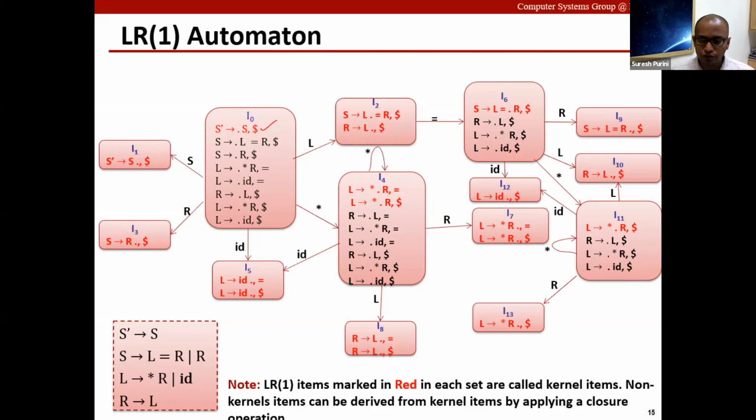That is true, the number of states in an LR1 automaton could explode. It's a problem. You can manually construct an LR1 automaton for very small grammars, but beyond that, you definitely have to write algorithms or programs to construct it. And in fact, that's what your Bison parser does. It takes your grammar, constructs an LR1 automaton for that grammar, and uses that automaton to parse an input stream.